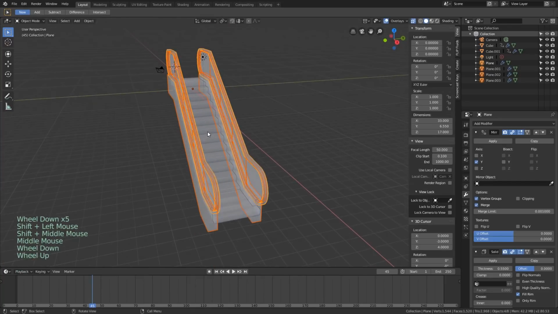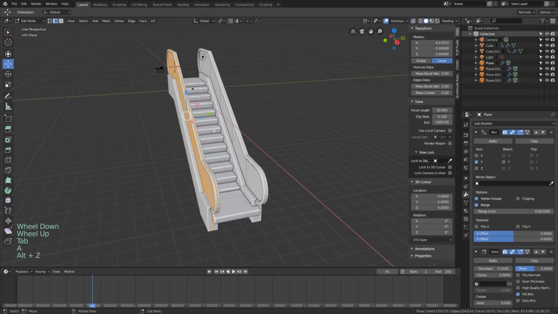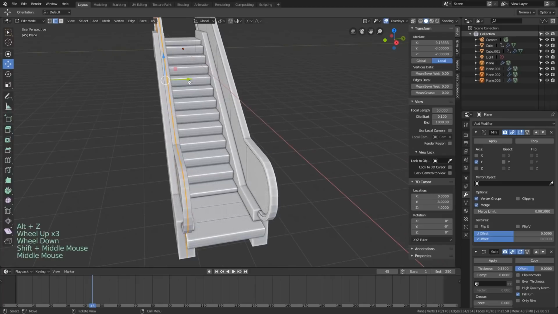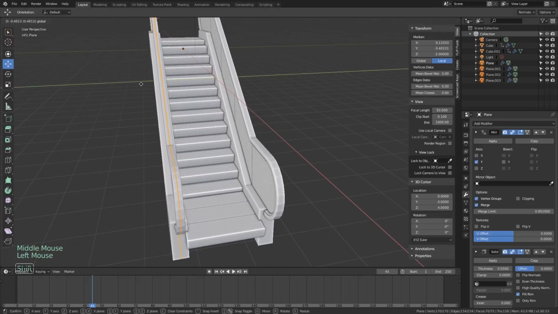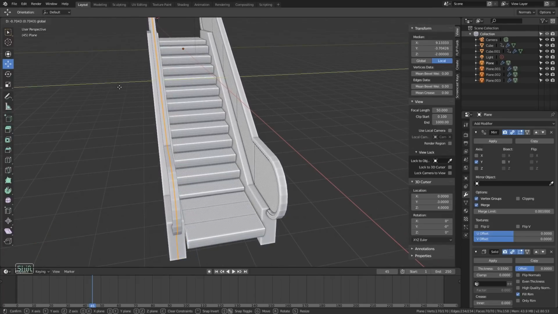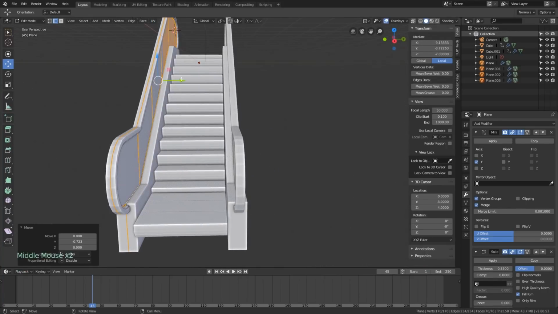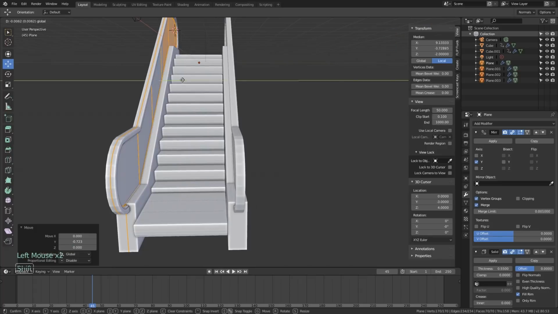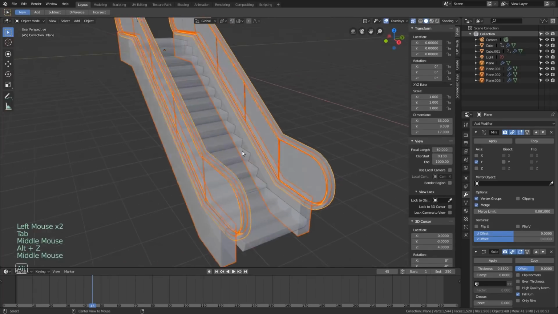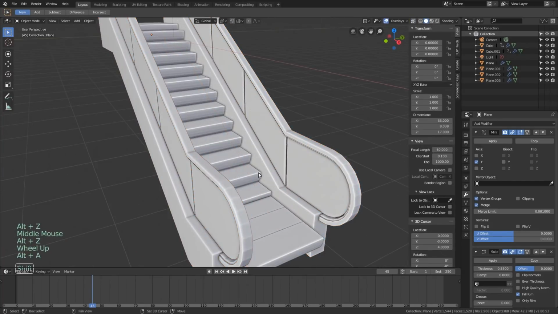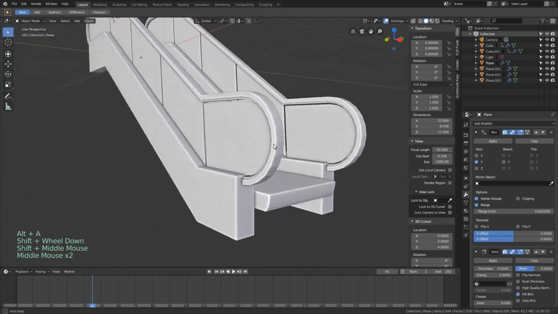And then let's go into edit mode, and then we can select all those objects at once and just drag this out. Just trying to get myself a nice little gap right there. Unless you looked straight on, you wouldn't really see that, but it'll create a little bit of a shadow there. It'll look a little bit more realistic.